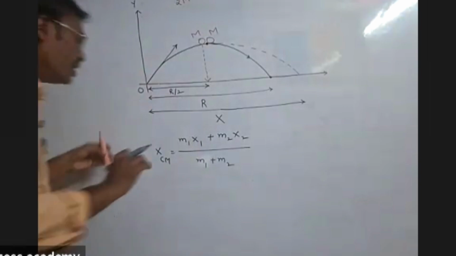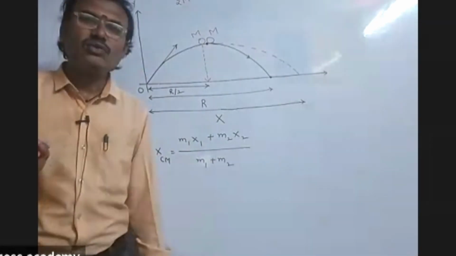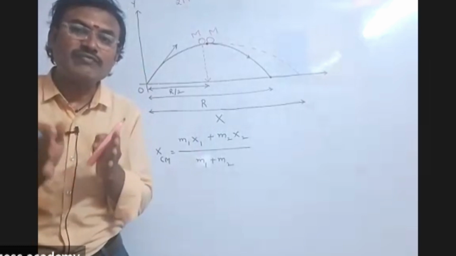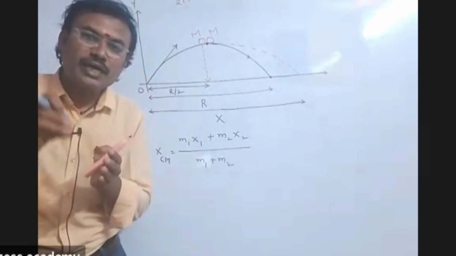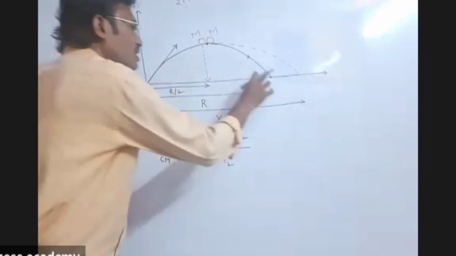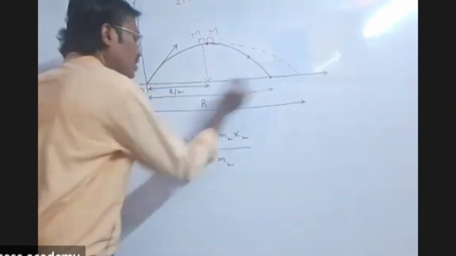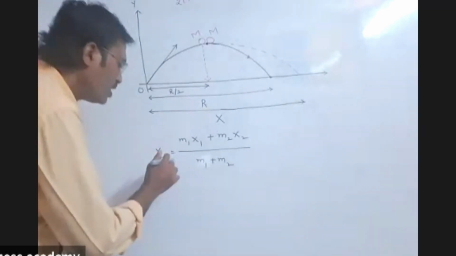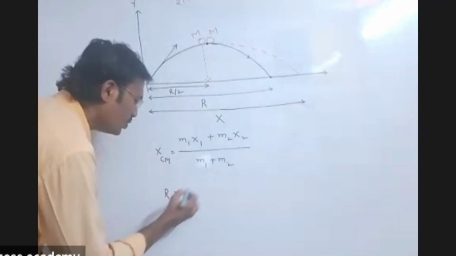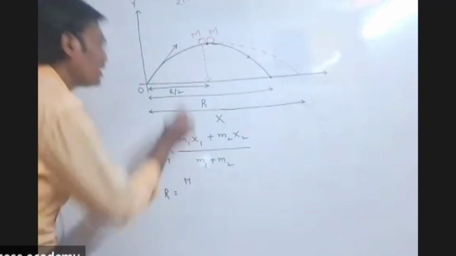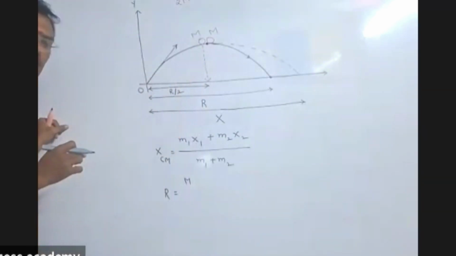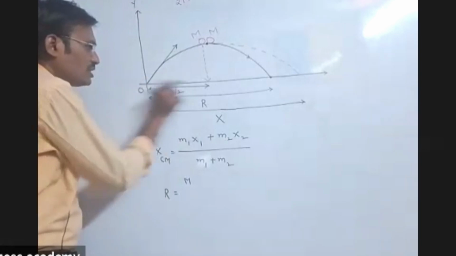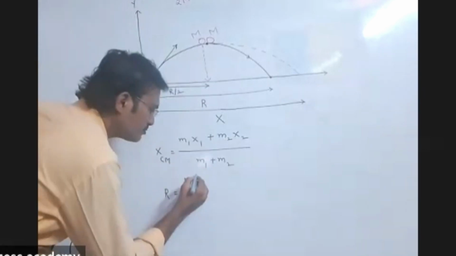Now xcm is nothing but, what is the meaning of that? The particle present at the center of mass of the bomb follows this path and strikes the ground. And what is xcm? Range, R, that never changes. So now we take R is equal to m1, that is nothing but the mass m, and where it strikes from the ground. From the origin it strikes at R by 2 distance